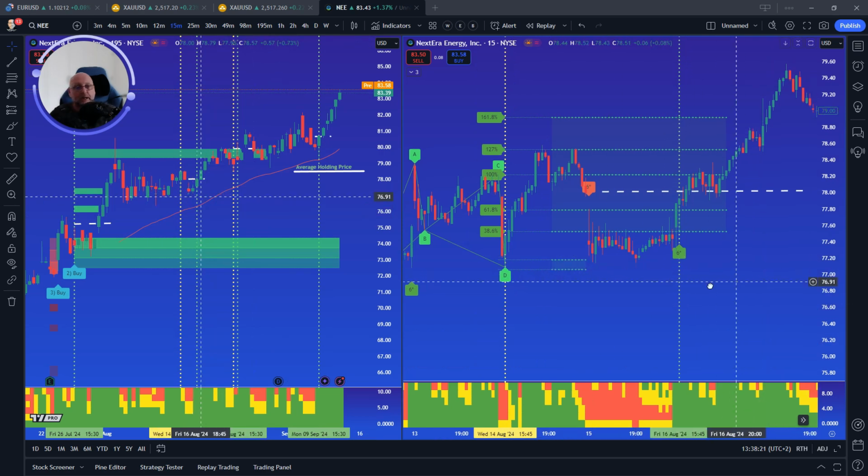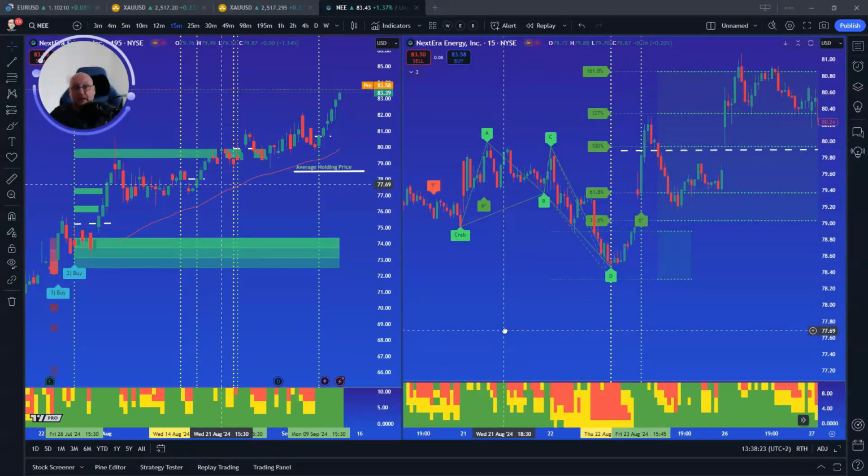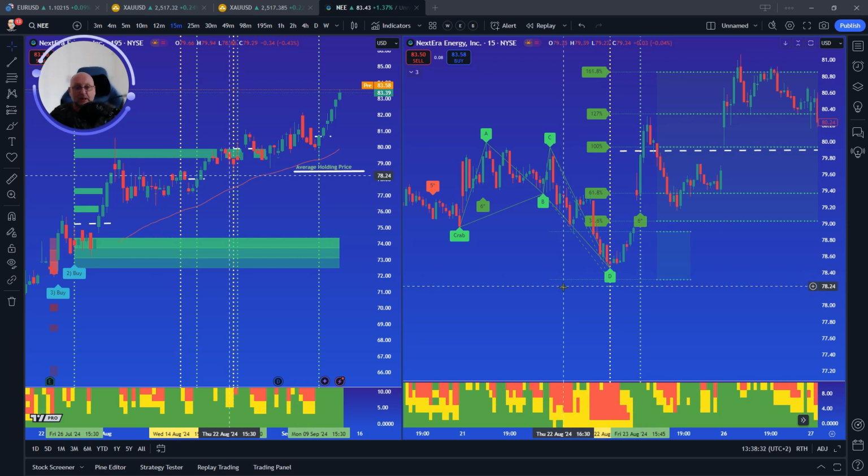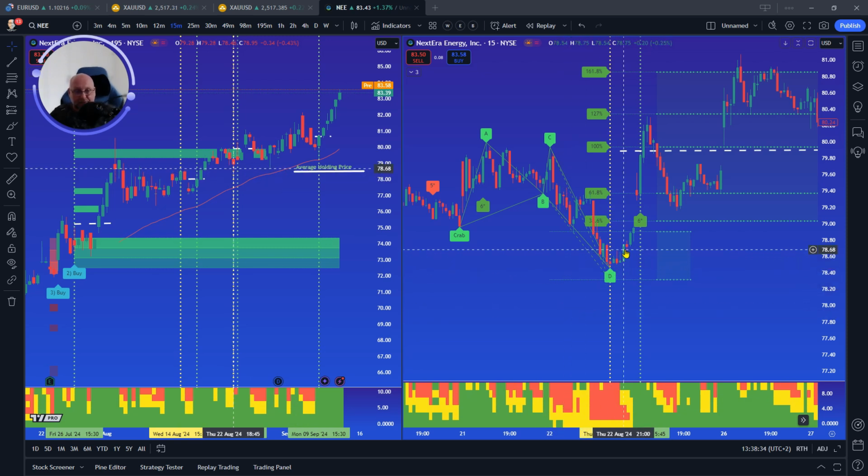looking good. We move along in time, and then we get a crab pattern, harmonics complete in the automated completion zone here on Thursday, the 22nd of August. Again, it starts to push away from that zone, but our bias depth heat map, our confirmation tool, if you like, is red. We're not going to take this initial move out, but then we get a 6-star buy on